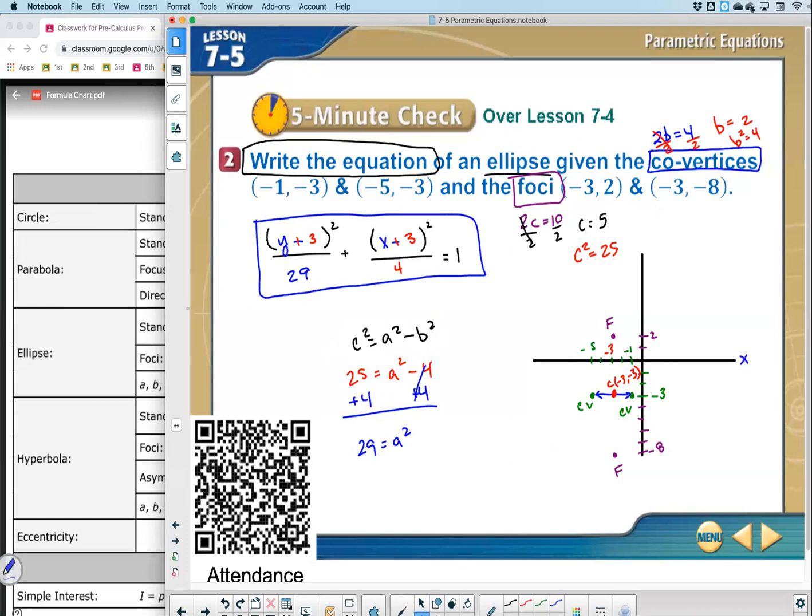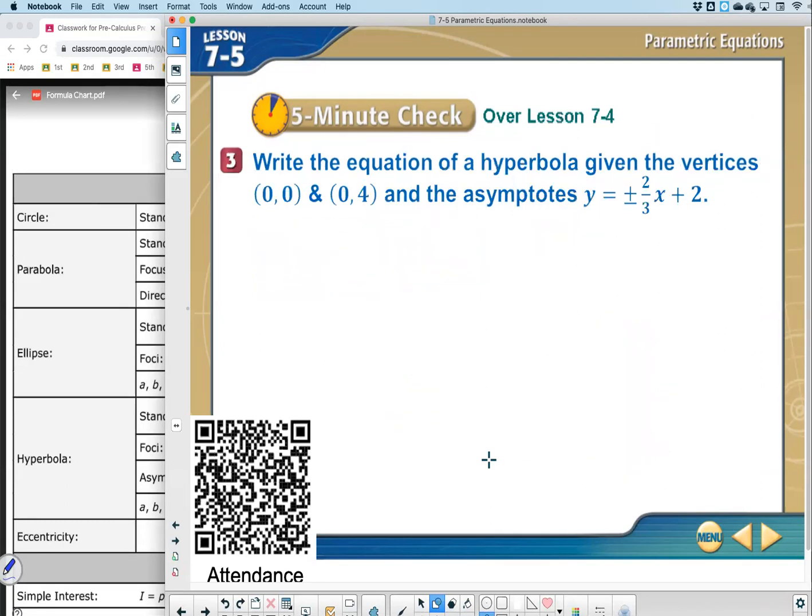This ellipse, if we were to draw it, what it would look like is it would be a little bit taller than the foci, and it would go from these points in here. So it looks something like that, give or take. Foci being the reflection points. All right, and now